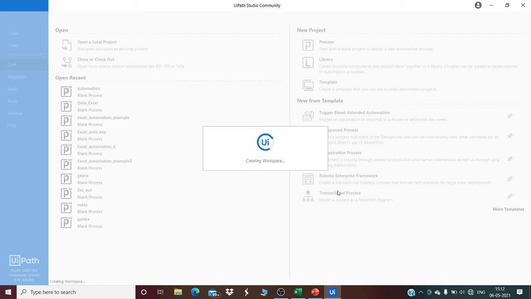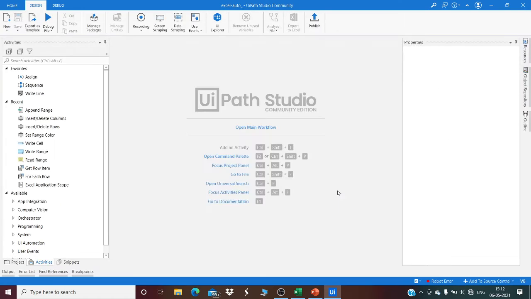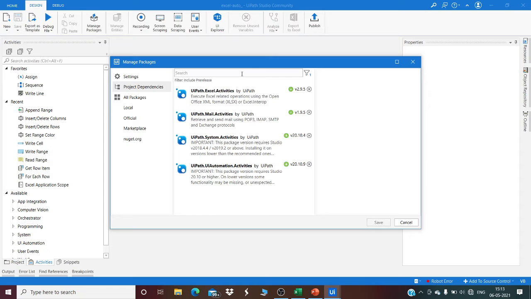UiPath provides multiple ways of automating Excel using the Excel application scope activity, which is pre-installed in your system when you download UiPath. If it is not, then go to manage packages, look at the project dependencies, and look for the UiPath Excel activity.